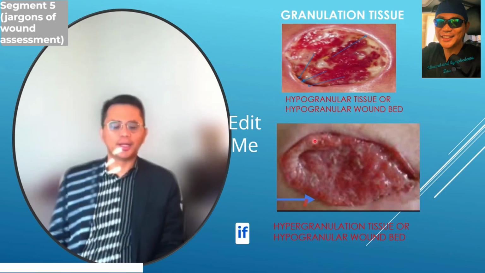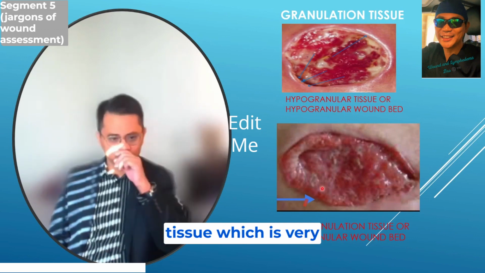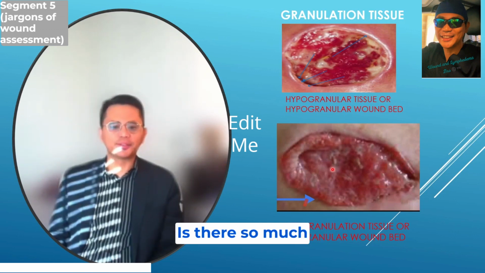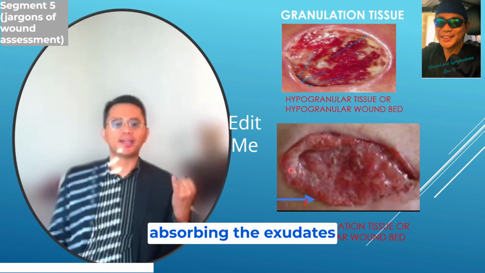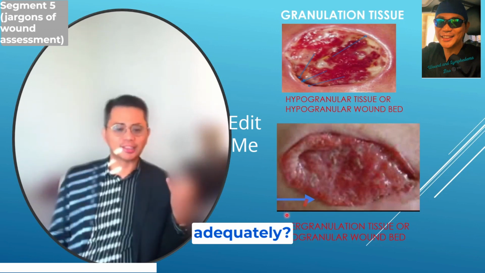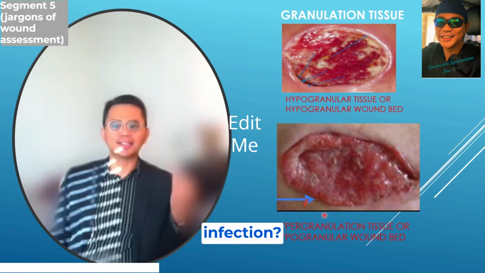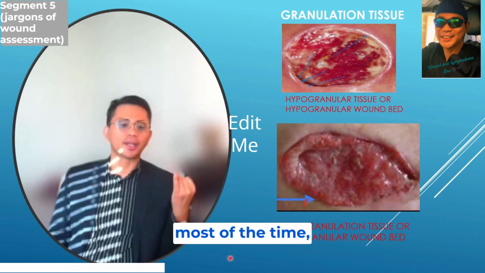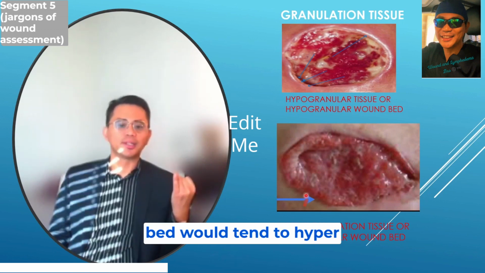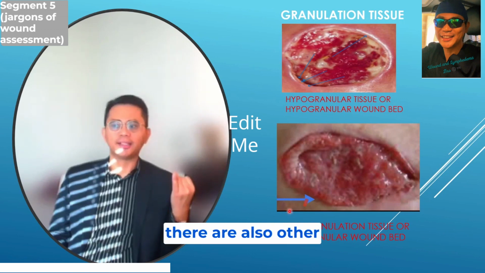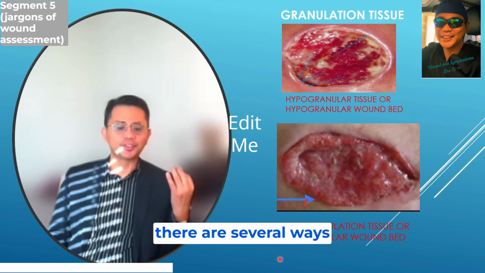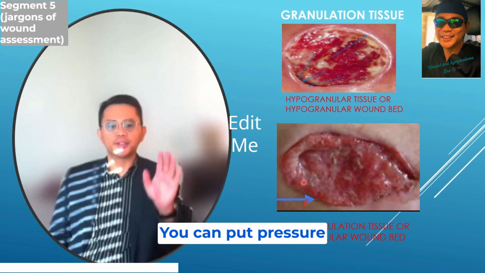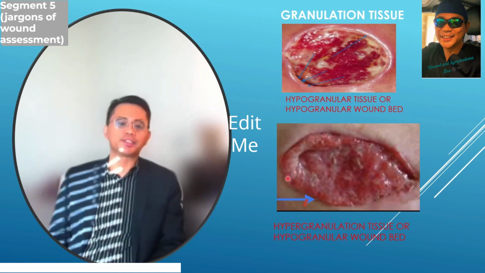If you have a hypergranular tissue, which is very notorious especially after surgery, there are three things you need to think about. Number one, is there so much moisture? Maybe you are not absorbing the exudates adequately. Number two, is there any silent infection? If there is a high or critical colonization, sometimes the wound bed would tend to hypergranulate, and there are also other factors. There are several ways for you to manage a hypergranular tissue. You can put pressure, you can manage this with silver nitrate, and lately